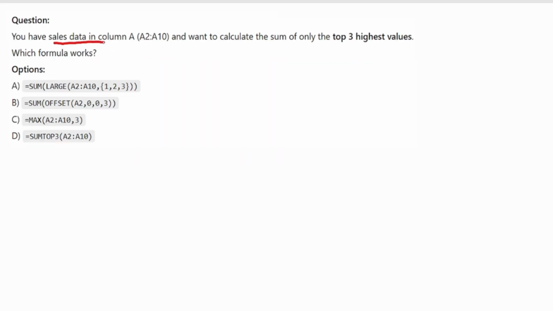You have sales data in A2 to A10 and want to calculate the sum of only the top three highest values. Which formula works?